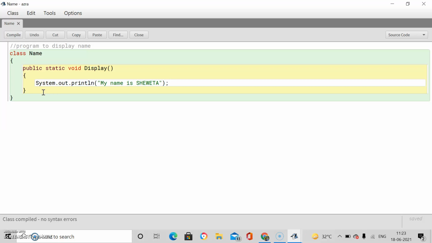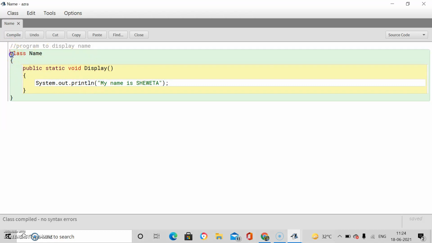Classes have an initial capital in each and every word in the name of the class, and in a function, except the first word, the rest of the words have initials in capital case. System is a class name, only one word, so S is capital. println is a method, out, then these all are keywords, class.